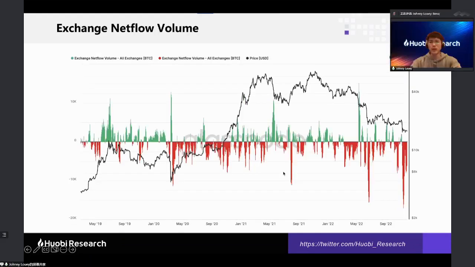Totally. And also you can check out the exchange net flow volume. At the time of capitulation, we tend to see that whales are accumulating a lot of coins, and they are moving their coins out of exchanges to their core wallet. The bottom usually is signatured by a spike in a negative net flow of volume out of exchanges. So yeah, we're seeing some right now. We'd like to see more.